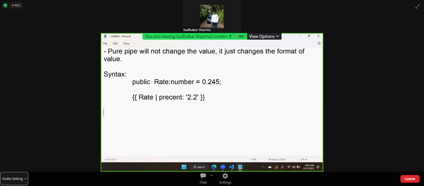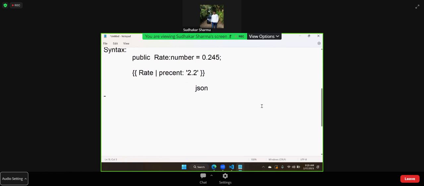So number, currency, and percent. These have predefined functionality that they apply. We have another pipe, the JSON pipe. Actually, the JSON pipe